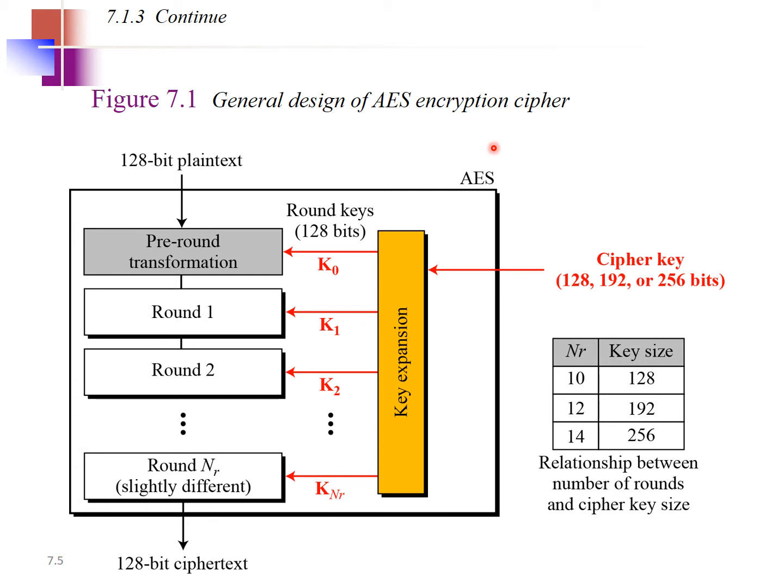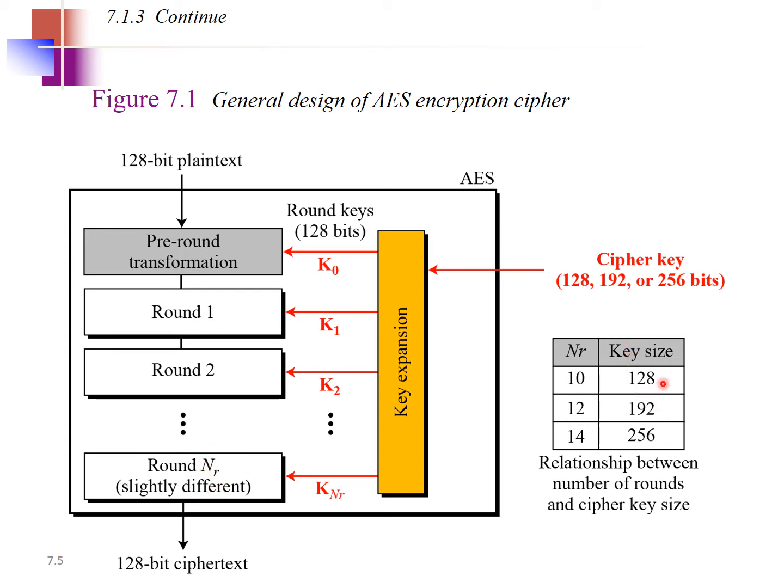So this is an algorithm which shows the AES encryption method. Here you can see this is the plain text, and from the plain text, how the ciphertext will be generated. This part is the key expansion part, that is how the key is generated. Now look at this one. The number of rounds I have written like this, 1, 2 up to NR. NR means the number of rounds, which depends on the key size.